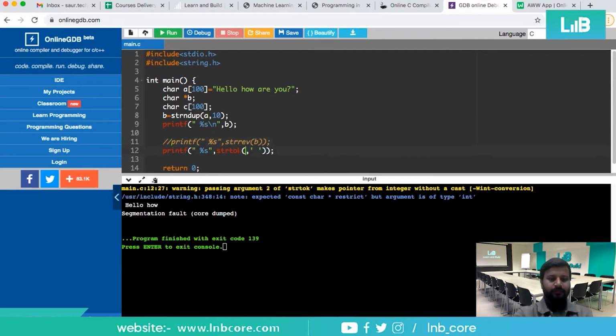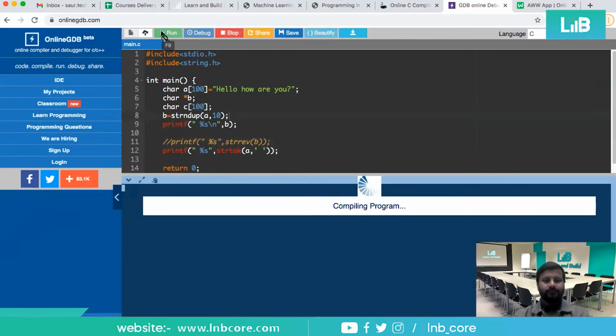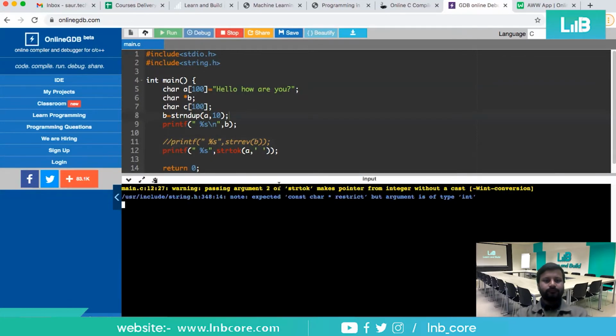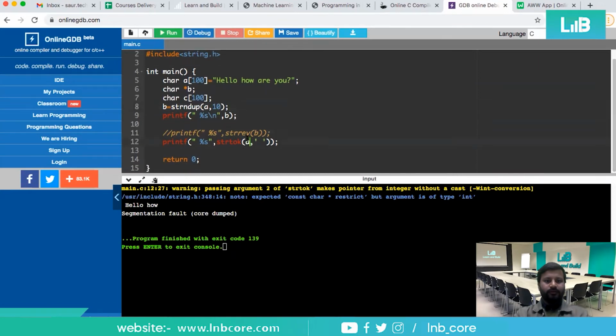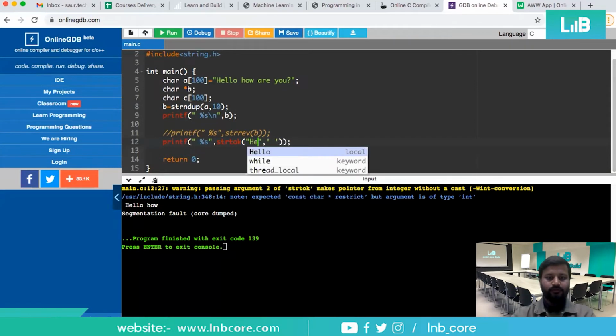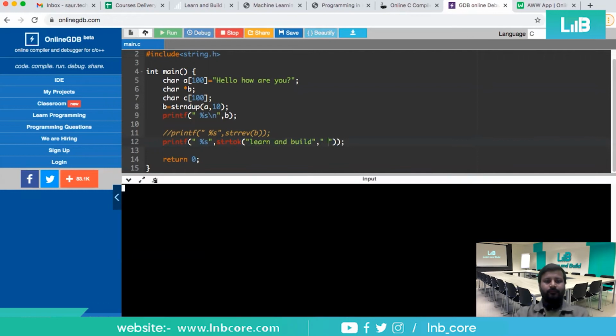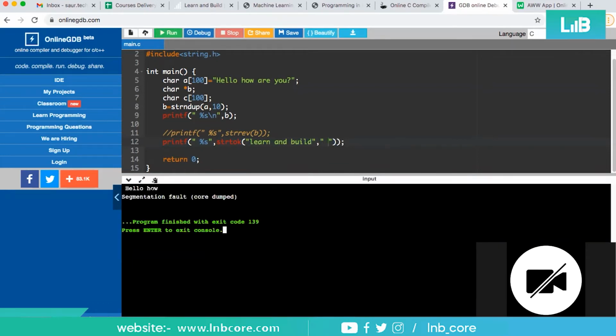For B, let me put A here. Segmentation fault. So can we put a specific command here, hello or learn and build? Instead of this, let me put double quote here.